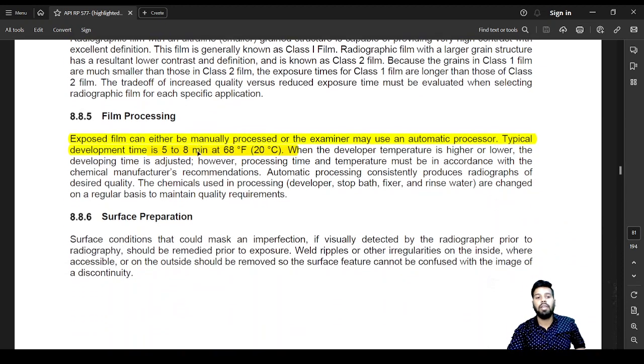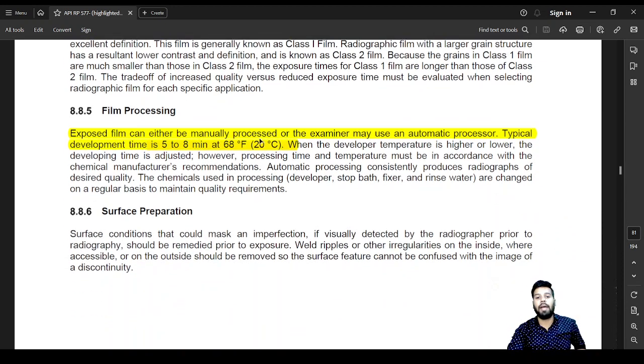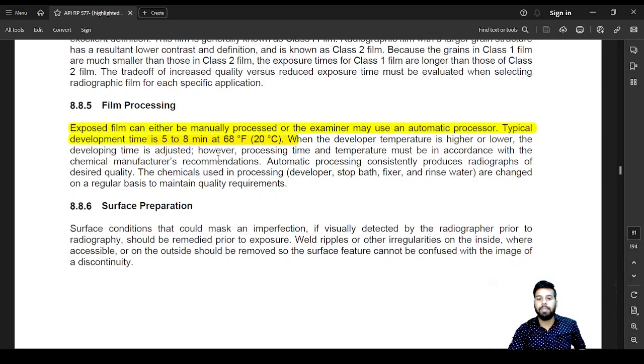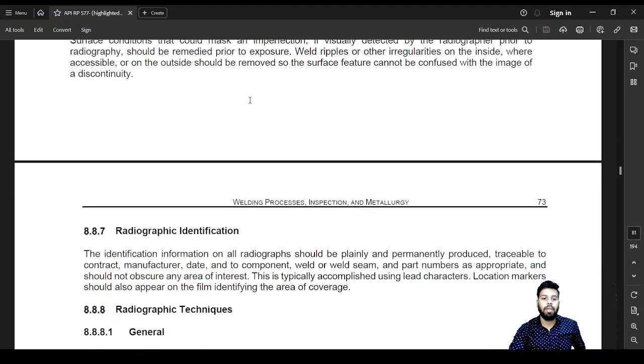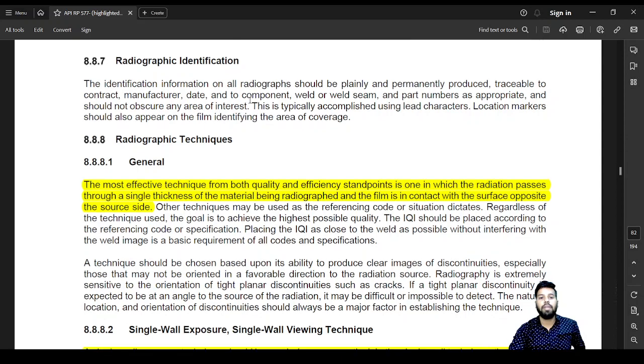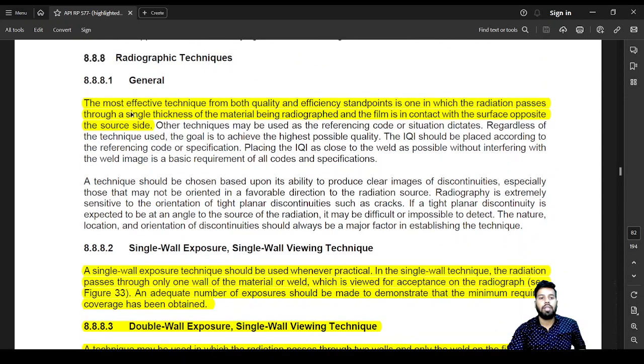Film processing. Exposed film can either be manually processed or the examiner may use an automatic processor. Typical development time is going to be 5 to 8 minutes. Surface preparation. The surface condition could mask imperfection. So if visually detected by the radiographer prior to radiography, it should be remedied prior to the exposure. Radiographic techniques. The most effective technique from both quality and effectiveness standpoint is going to be one with